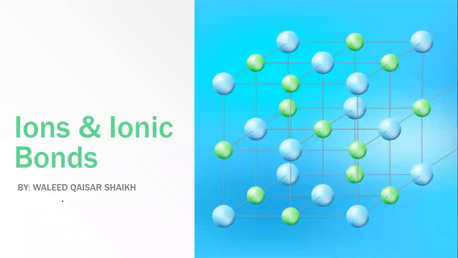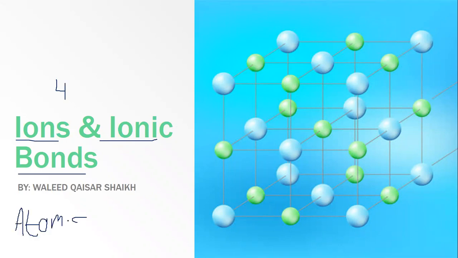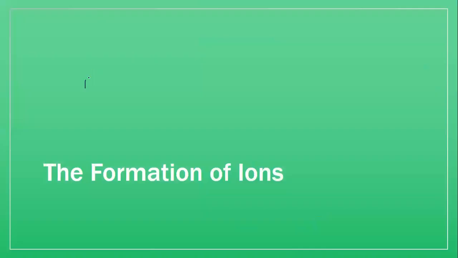Moving on to chapter number 4 of IGCSE Chemistry, ions and ionic bonds. First of all, we need to know what basically ions are. One form we have is atoms. One form is an atom. What are those? If I write here, atoms,